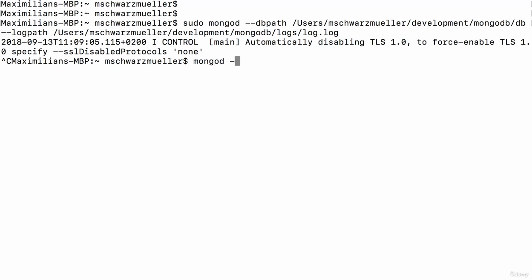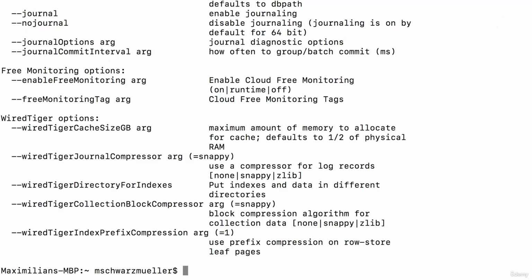Well, let's run mongodb-help again. We obviously got many settings here. The settings at the bottom, for example, are related to WiredTiger, which is our storage engine. And there we can basically use the default settings. You can change some configuration there if you know what you're doing. But in the scope of this course, we'll not dive into configuring our storage engine, but simply go with its